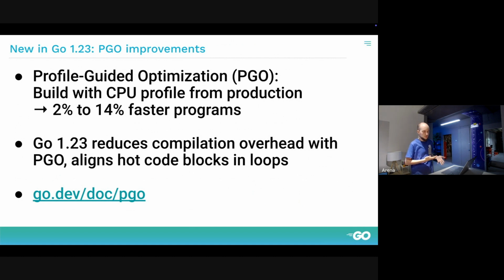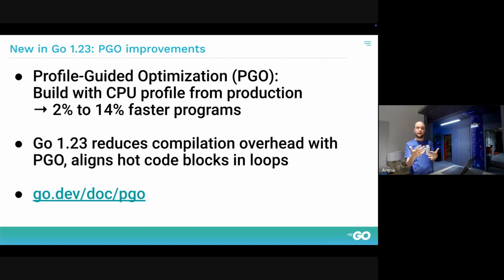Okay, and then lastly, performance improvements. So you've probably already heard me talk about this, but Go has a concept called profile guided optimization, PGO for short. And the idea is that if you take a CPU profile that you obtain from your production service, be it by observing production or by running a load test or some other sort of hypothetical load, you can then take that profile and give it to the Go compiler, which then allows the compiler to make smarter choices about, well,